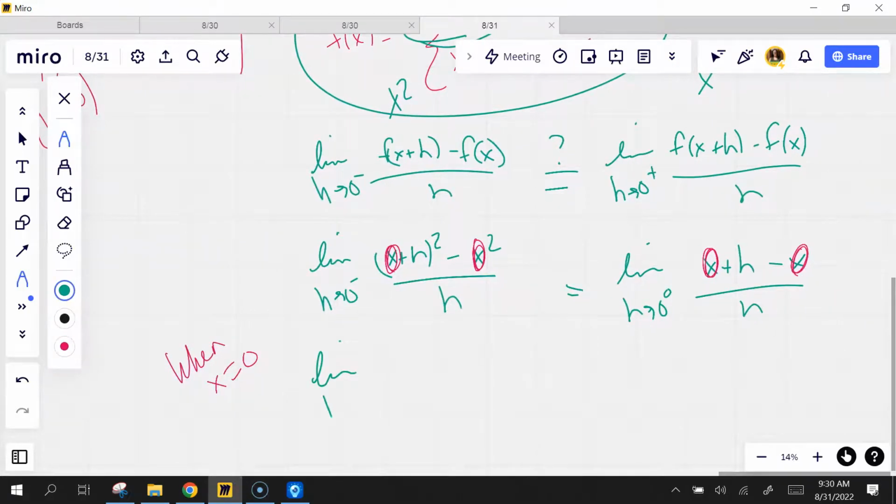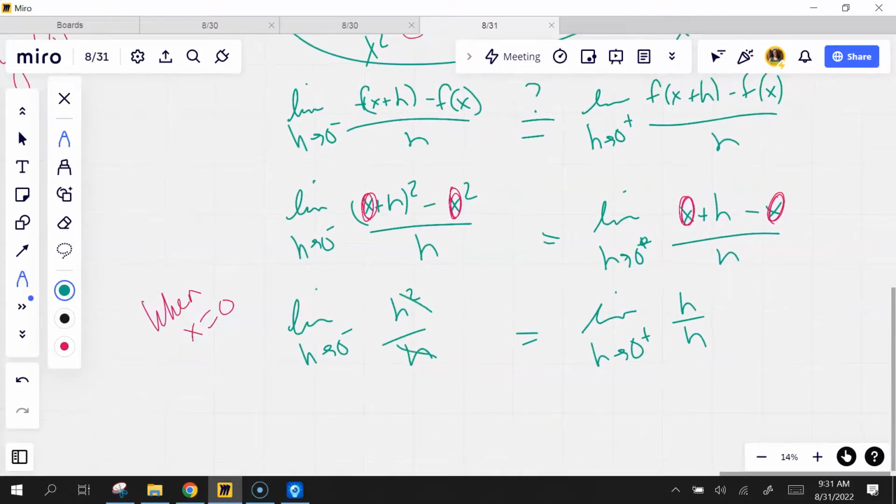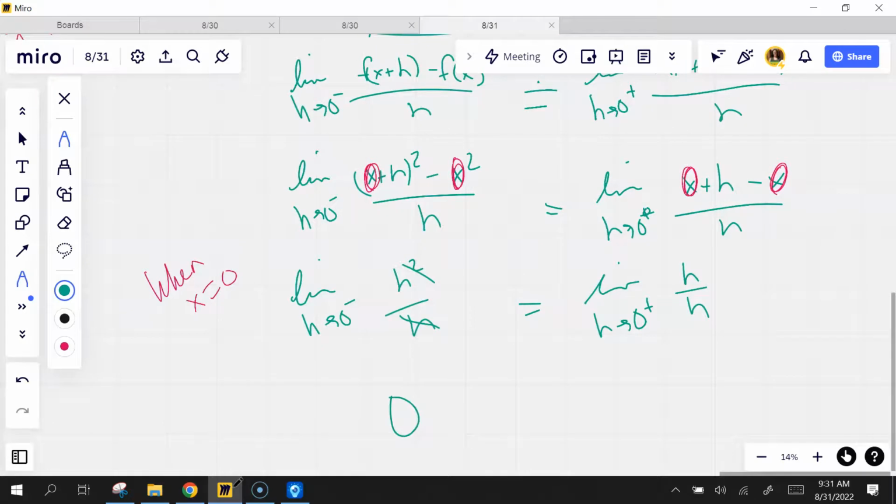So the limit as h goes to 0 from the left is h squared over h. Is that the same thing as the limit as h goes to 0 from the right, of h over h? No, because over here, that's going to be 0, and over here, it's going to be,